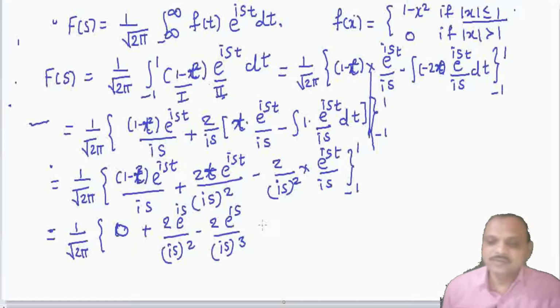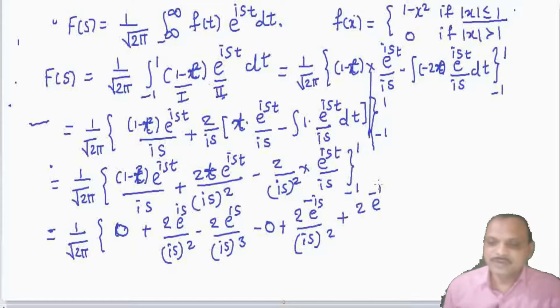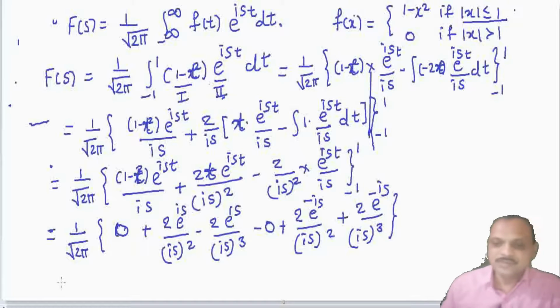Now at the lower limit, again this is 0, and minus we are substituting this, so minus minus will be plus 2 into e raised to minus is divided by is whole square, minus minus plus 2 into e raised to minus is divided by is whole cube. Now this is equal to,